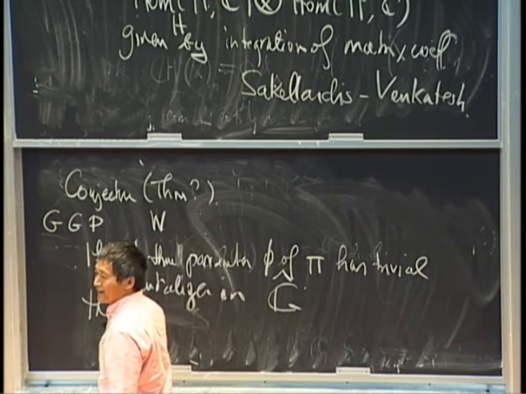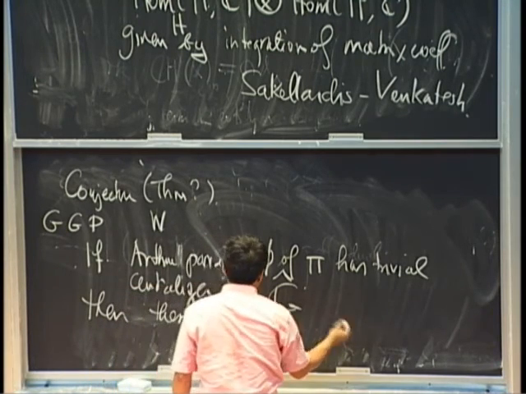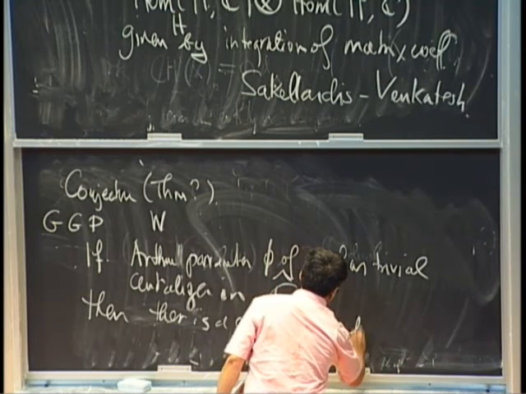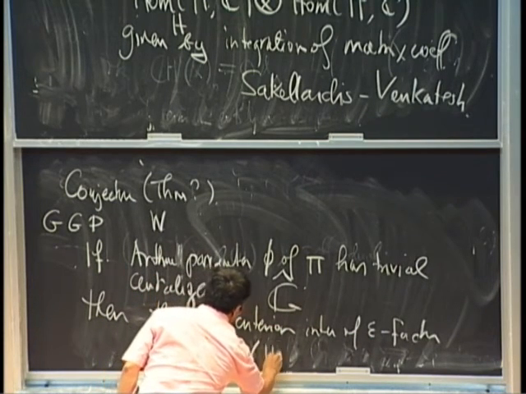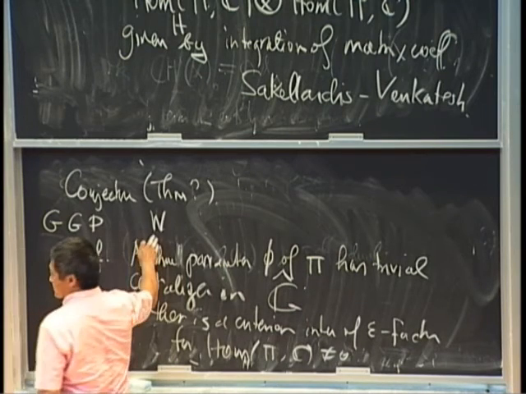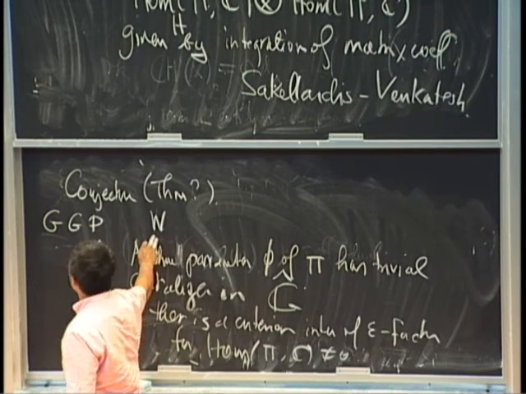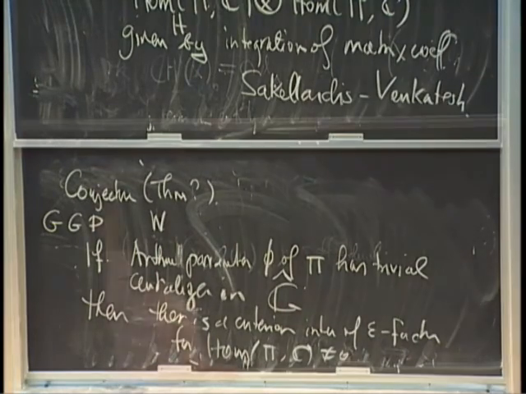Then there is a specific criterion, maybe in terms of epsilon factor, for this Hom, this pi of c of h non-zero. Okay, so this is, I guess, probably Waldspurger proved the orthogonal case, right? And his student proved for the unitary case. So I guess probably right now it is a theorem. If you combine all these things together, you combine all this,